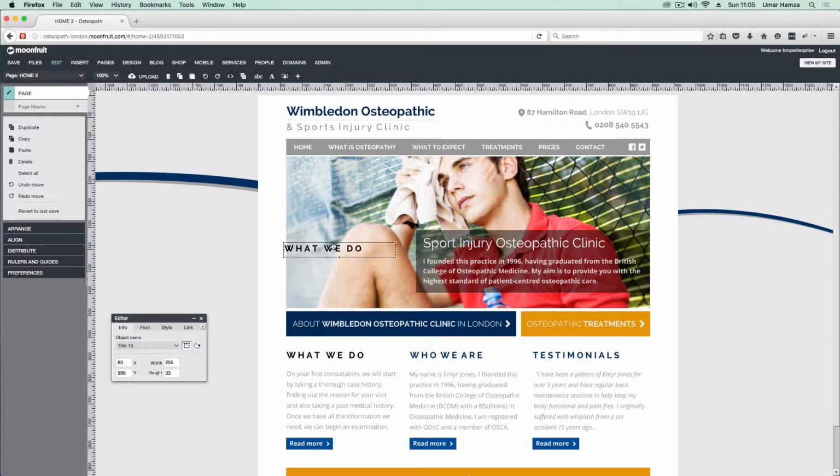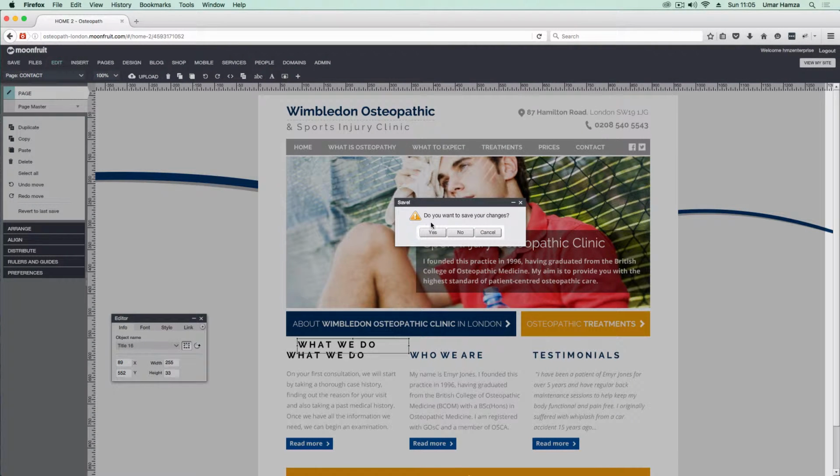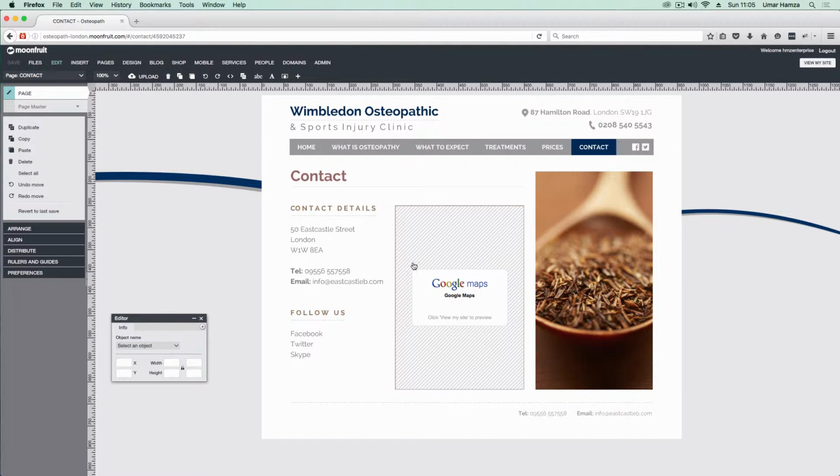Now, if we want to copy this to another page, we can click copy, and then I'm going to switch to the contact page. It's asking me if I want to save the page. I can click yes, and then I'll just paste that element, so the same element gets pasted to the contact page. So let's go back,